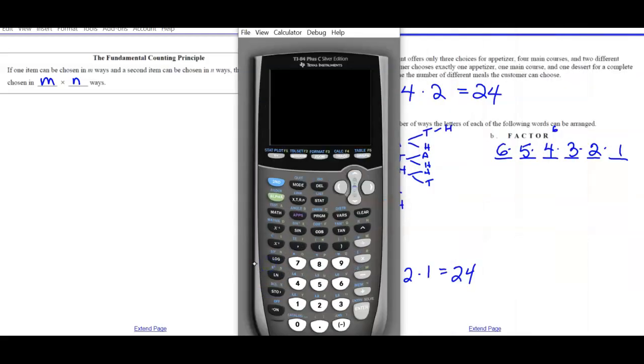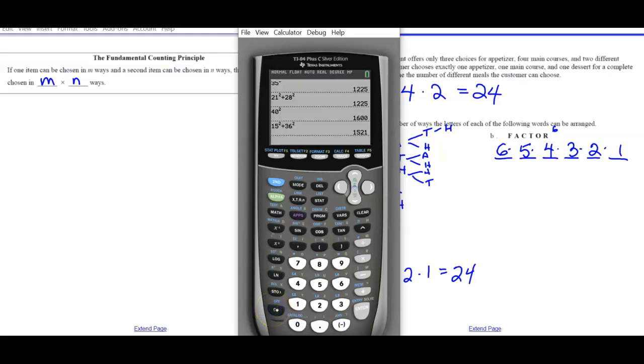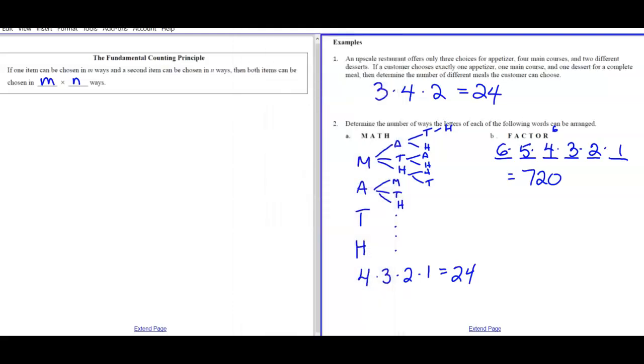We'll learn a fast way of multiplying those in a sec. But for right now, just do it in your calculator. Obviously, multiplying by 1 doesn't change anything, so 720 ways of writing out arrangements. That's why you do not want to do it the long way. Right? You're not going to write out all the possibles. Okay, so to make, in some cases, your life a little bit easier, you can use what's called